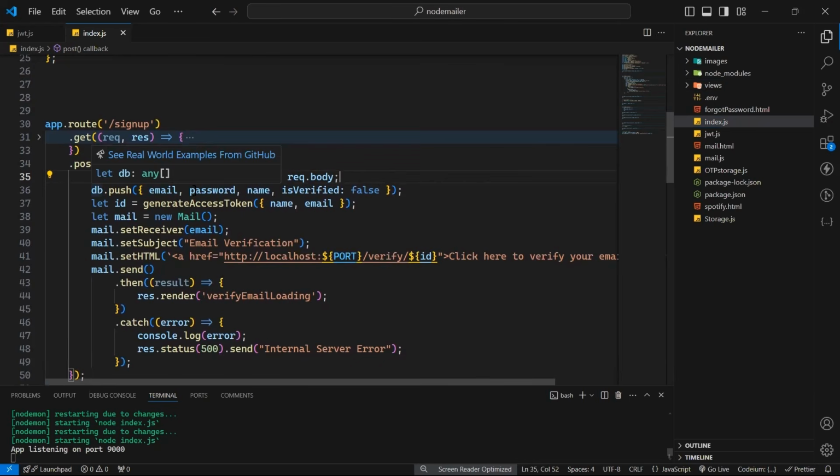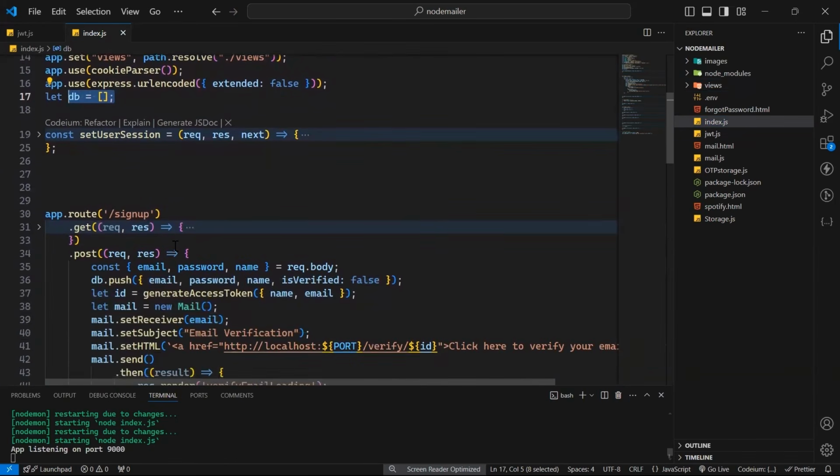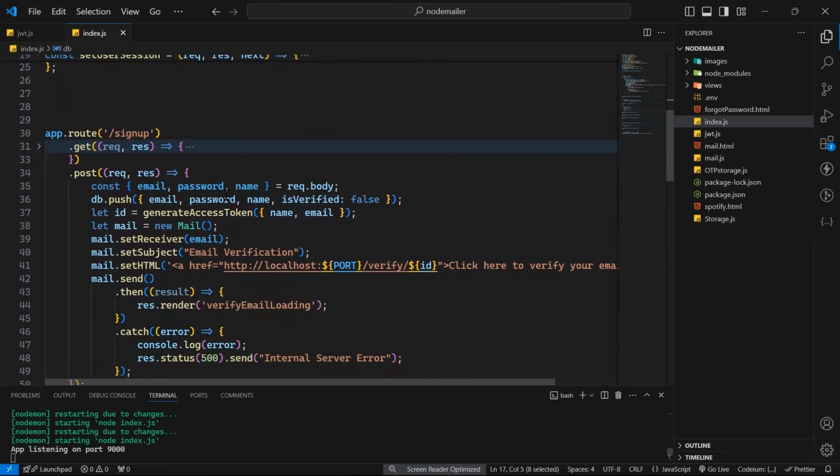और मैं क्या करूँगा, क्योंकि मैं डाटाबेस के लिए मोंगोडीबी या कोई भी और प्लेटफॉर्म नहीं यूज़ कर रहा हूँ, तो मैंने डीबी के नाम से एक खाली एरे बनाया हुआ है, ठीक है ना, जो डाटाबेस का काम करेगा। उसमें मैं ईमेल, पासवर्ड और नेम एंड इज वेरीफाइड को फॉल्स करके डाल देता हूँ, ठीक है। उसके बाद मैं जनरेट टोकन कर रहा हूँ, एक टोकन जनरेट कर रहा हूँ।